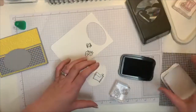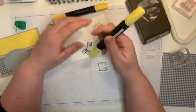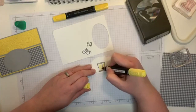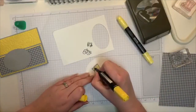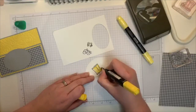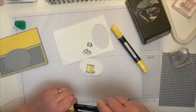Ooh. What are we thinking? So I've grabbed my blends. I've got my Daffodil Delight blends. I'm just going to give it a bit of a wash over. Like so, and then just go back over. I love these because I won't say I'm much of an artist really, but with these you can just...